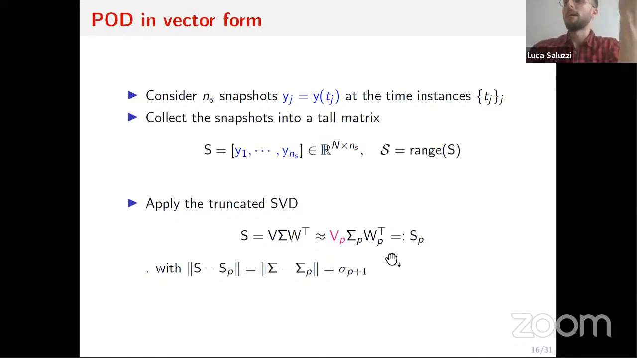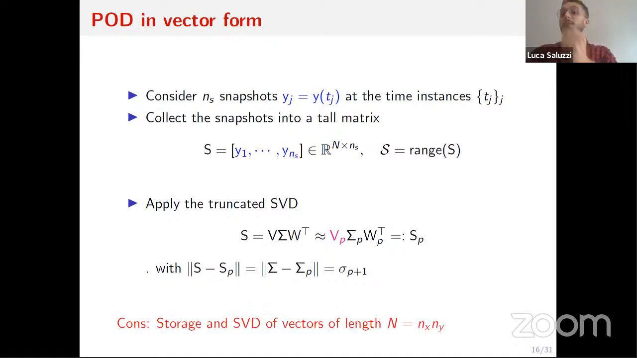Moreover, we also have an estimate on the error. In the Frobenius norm, the difference of these two matrices is just given by the singular values, the first singular values that we are neglecting. Thanks to this, we can construct some a posteriori estimator to see if the projection error stays below a certain tolerance. But you see there is a constant on this